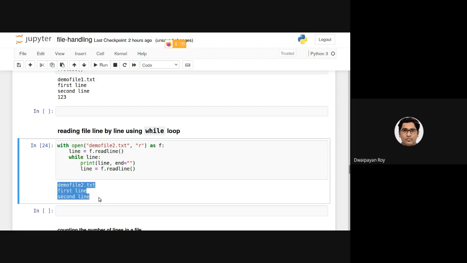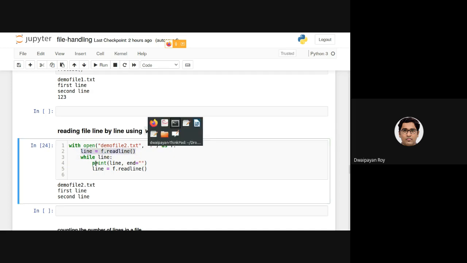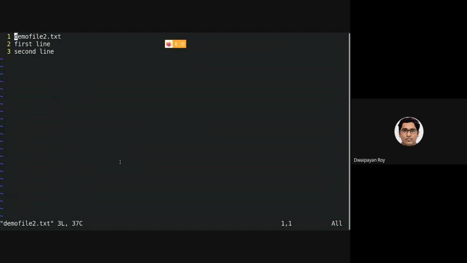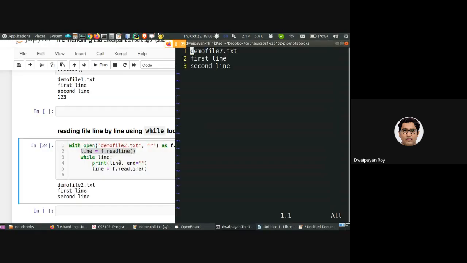But I would like to draw your attention to one thing here. Here, the while statement is while line. So upon reading the last line, the line will be empty. So in the first statement, in the line number 2, if we open this demo file 2.txt, so this is the demo file 2.txt, as you can see.